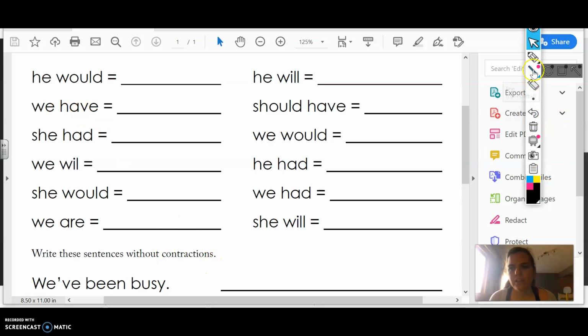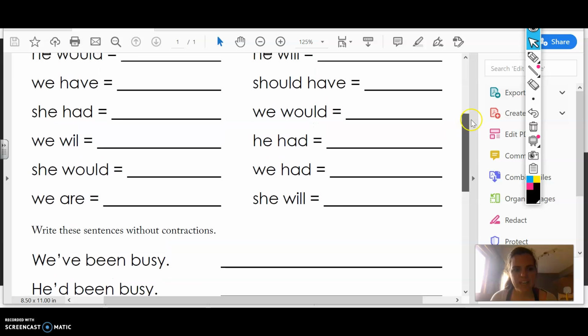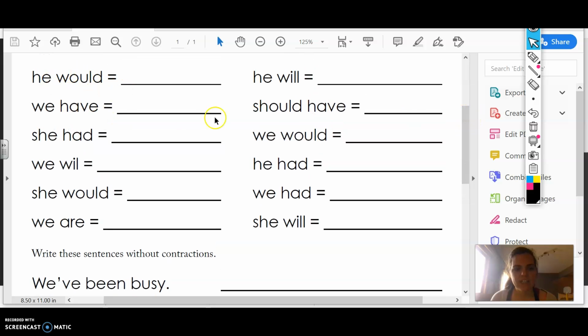We, find my pen, we have, ooh. And then you're going to write been busy, period. And make sure you have nice spaces and you have a capital letter at the beginning and a period at the end. Then if I scroll down to the next one, he'd, I can look up here again, find he'd,